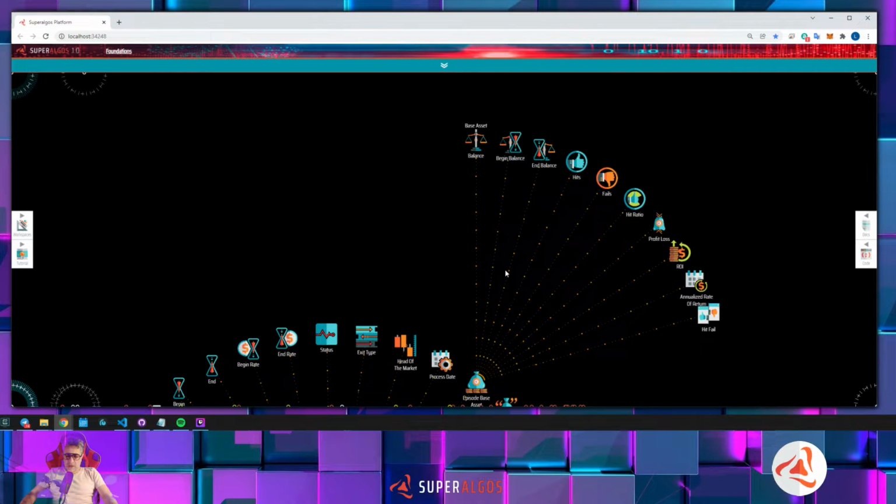It doesn't really need it for its calculation because it uses its accounting balance, but